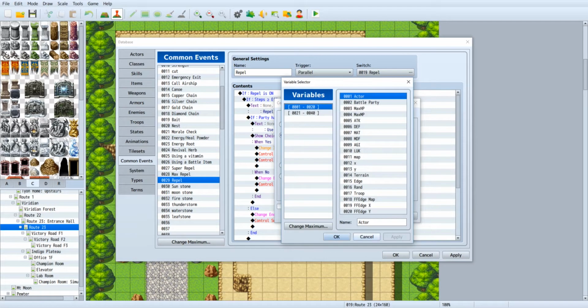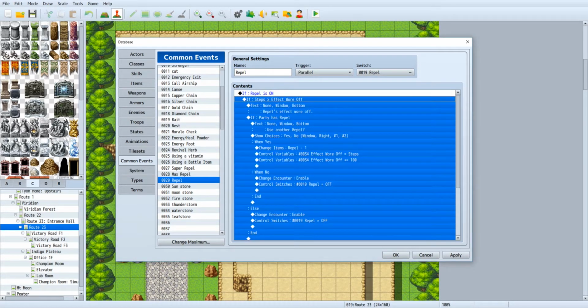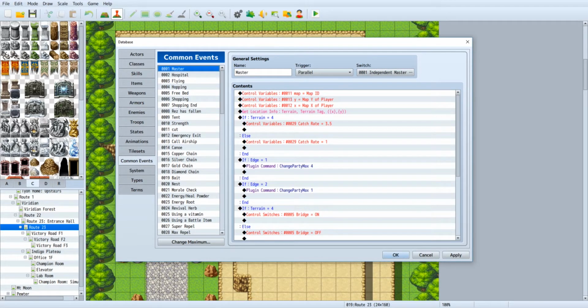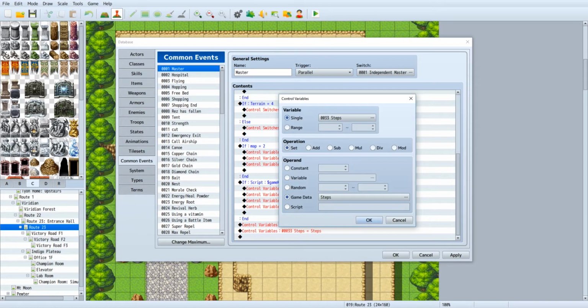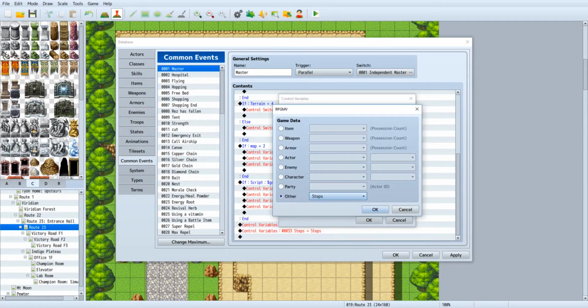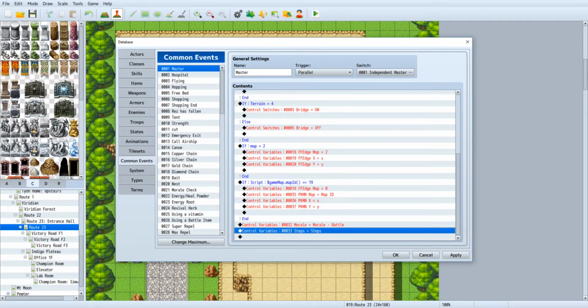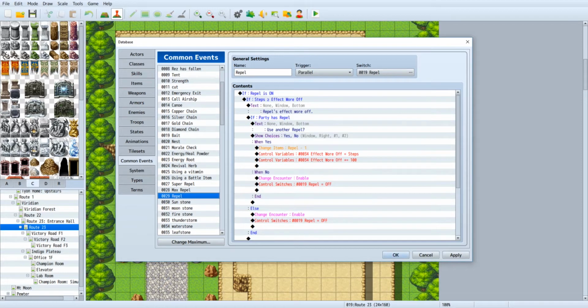It's checking to see if the variable steps is greater than or equal to effect wore off. Now going back to our master common event, we do have to set steps equal to game data other steps. That way every step you take is going to be updating the variable. So going back down to Repel, if variable steps is greater than or equal to effect wore off, once you do take the amount of steps, that is when the effect would wear off, it's going to say the effect